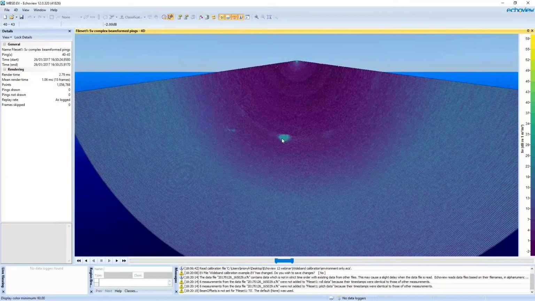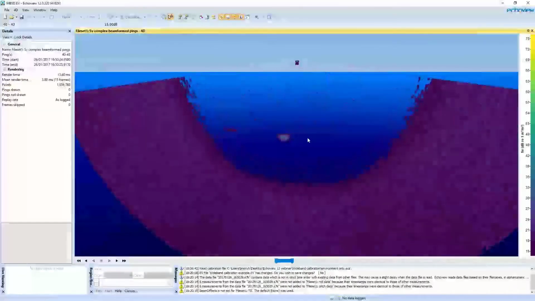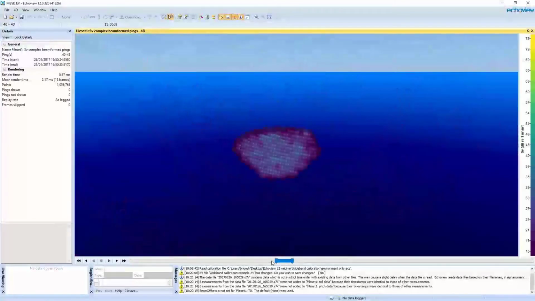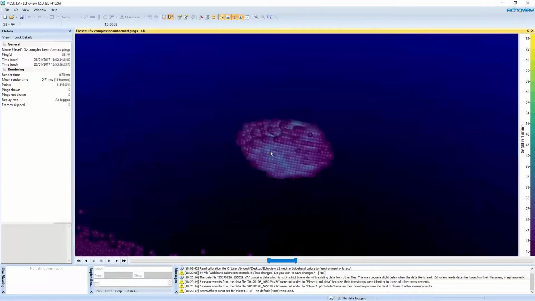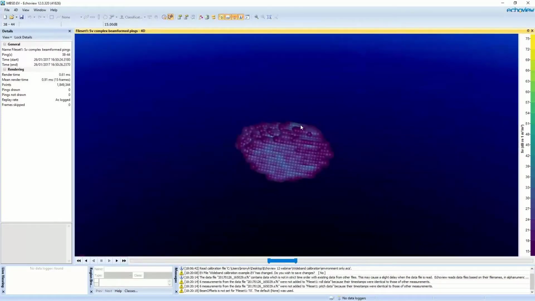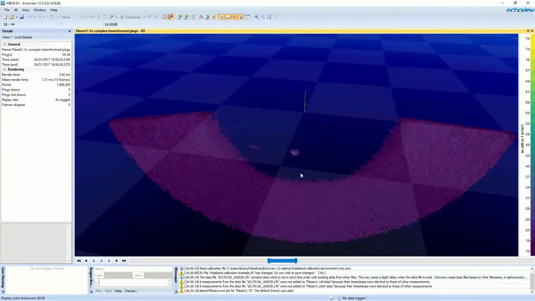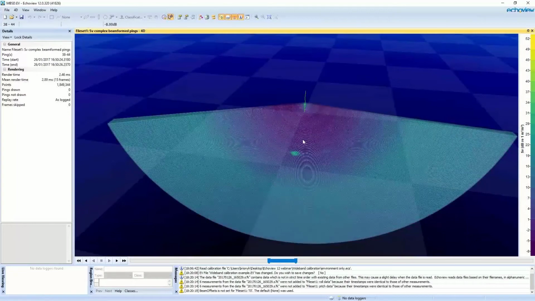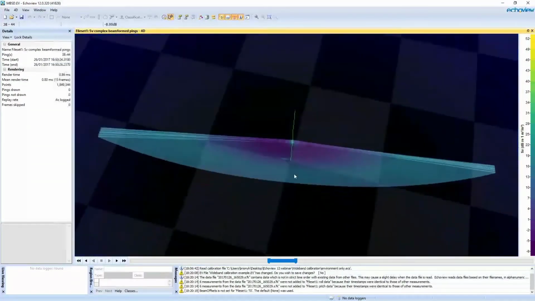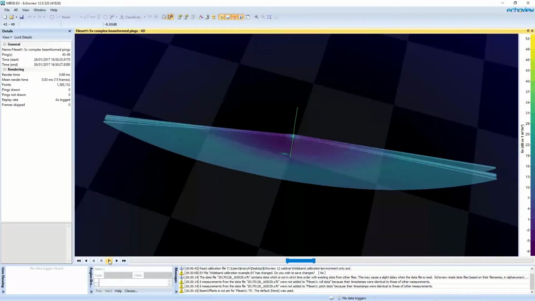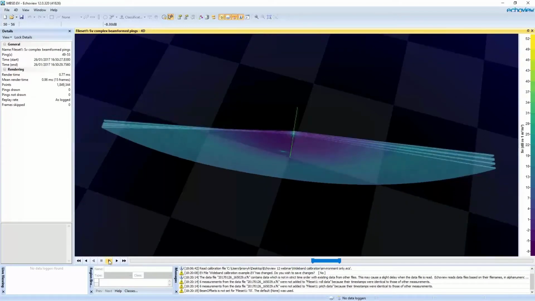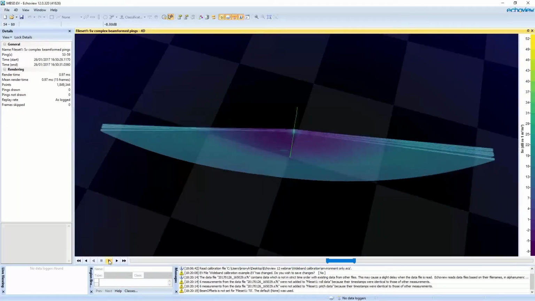In this echogram, if I change my display thresholds, we can see it's a great cluster of samples here that I'd love to detect as a 3D object and explore the shape and size and volume of that object. But if we have a look at these pings from above, what you can see is the slight movement, change of heading or bearing of the platform as the data is being collected means that these pings intersect or overlap each other.